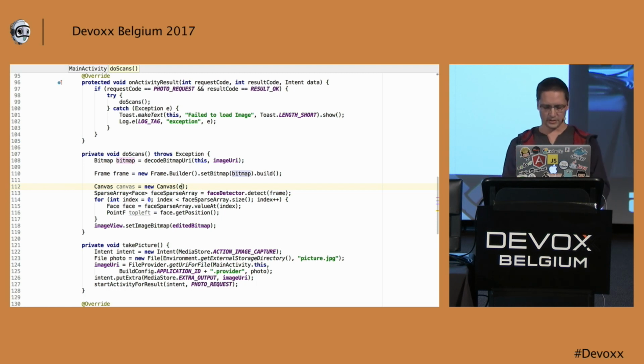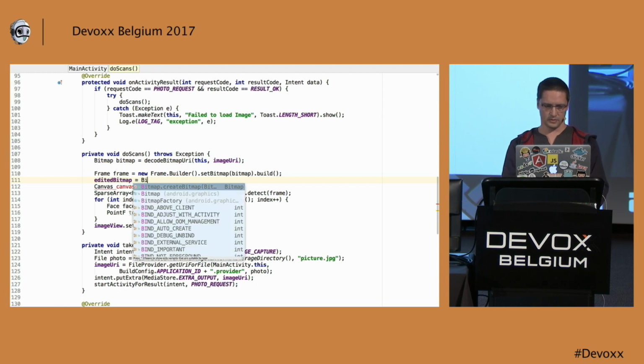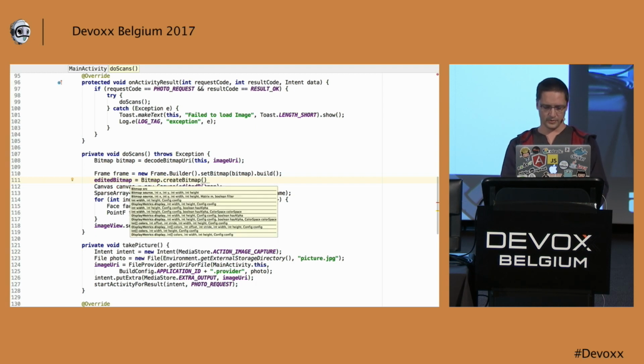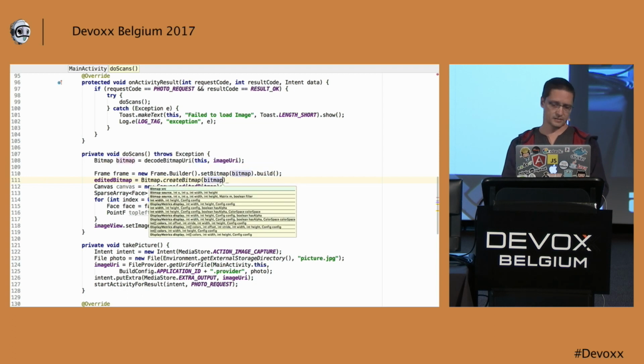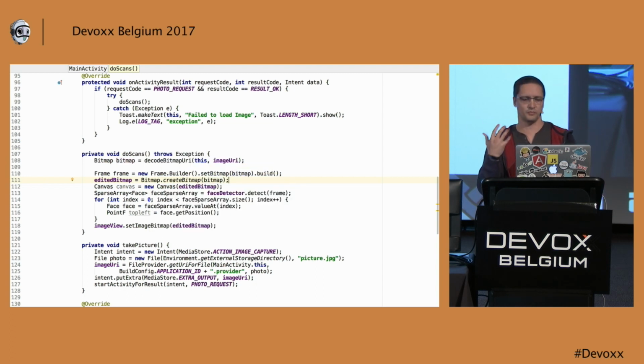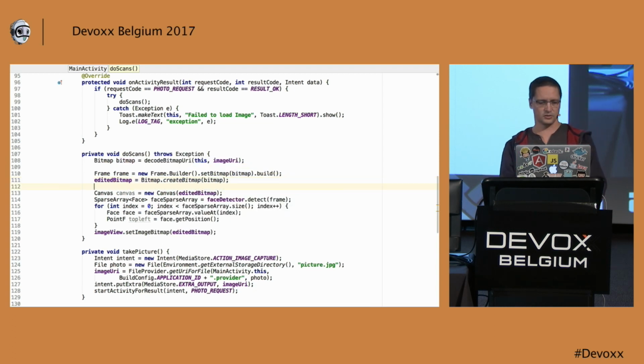So I will do it on the final bitmap because this is where I want to draw because it will be put on the UI. So first I need to prepare this bitmap because it is not initialized for the moment. So edited bitmap equal Bitmap.createBitmap. We need the size, which is the same size as the bitmap that was loaded and used in the frame. And I will need to copy the bitmap that I loaded on the edited bitmap.